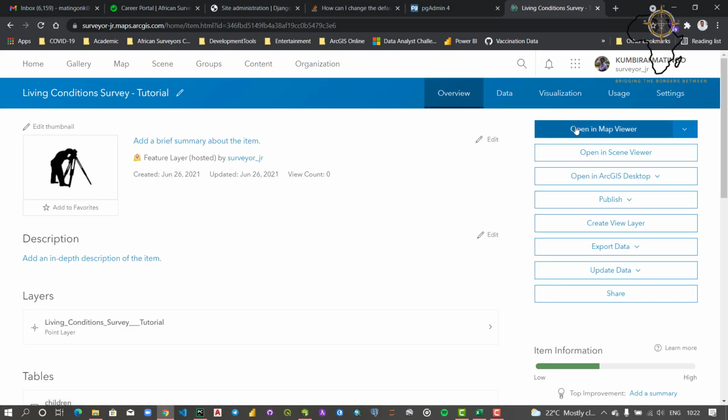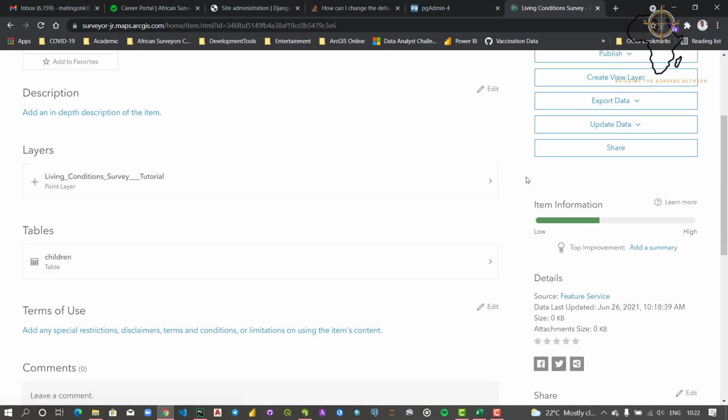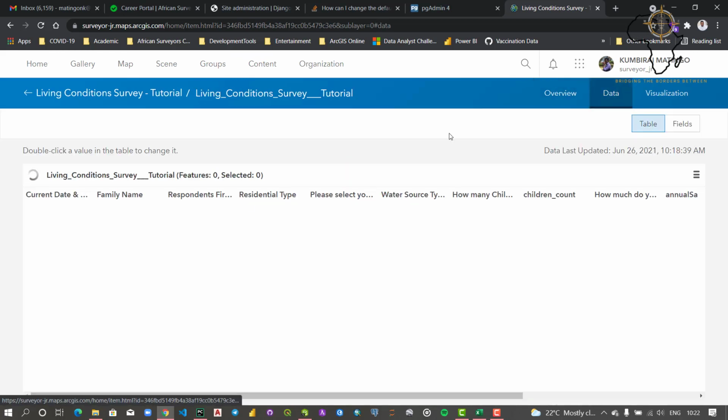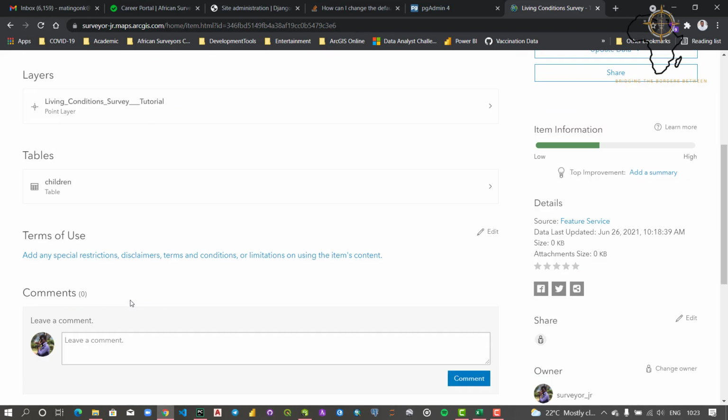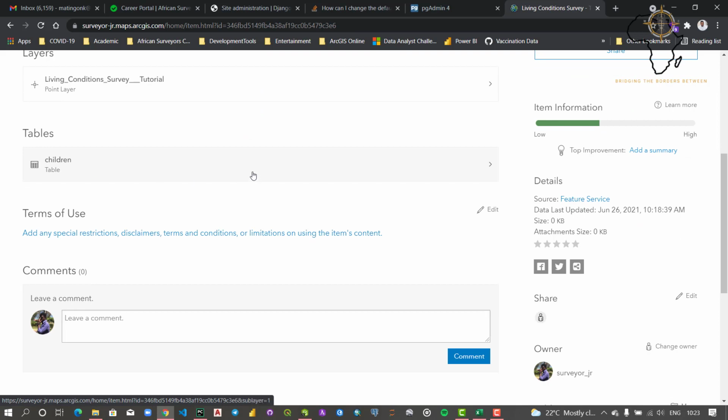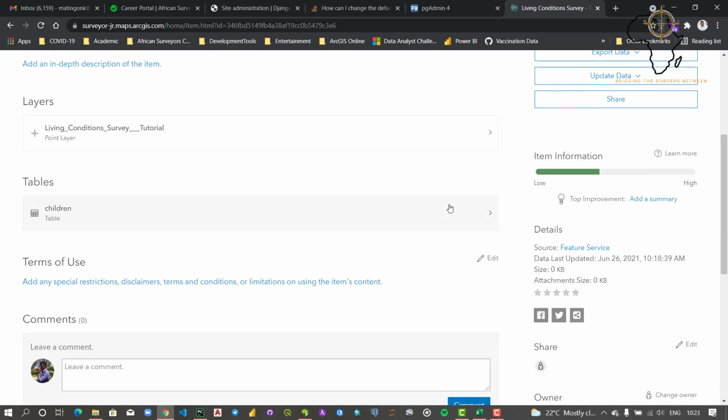Okay, so like I said before, we are seeing this thumbnail which we added. It's already there, and then we have a layer, and then we have a table. So if we open this layer and then we go to data, you'll find that all the fields that we're adding are inside here. And then this is a feed which contains a relation to the table. So as you can see here, we have living conditions survey tutorial, then underscore children. So this basically references this children table which we have here, which is basically going to contain the names of